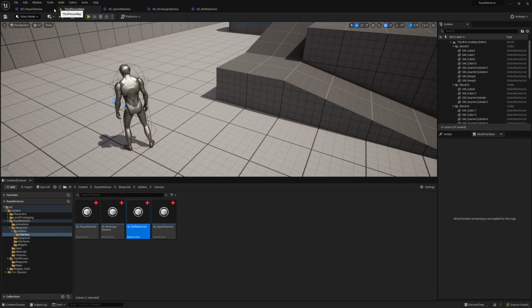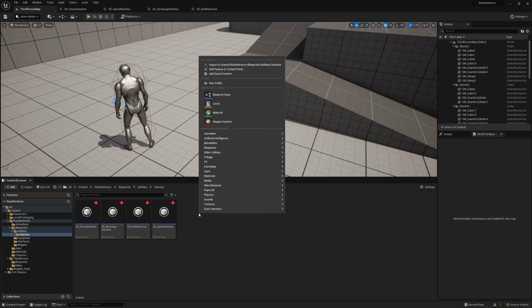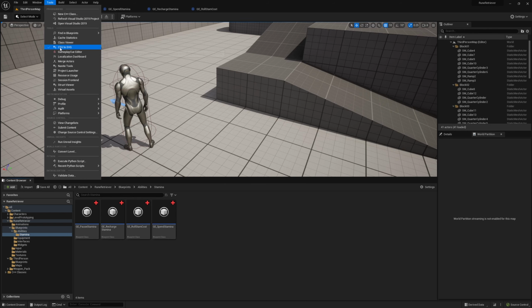And what we'll want to do now is create a gameplay cue that is fired in perhaps the recharge, where it will read and see how much stamina the character has, and if it's max, then it will know when to pause the stamina recharge. So we'll just actually up in here, I think this is where you do it. So tools, gameplay cue editor,